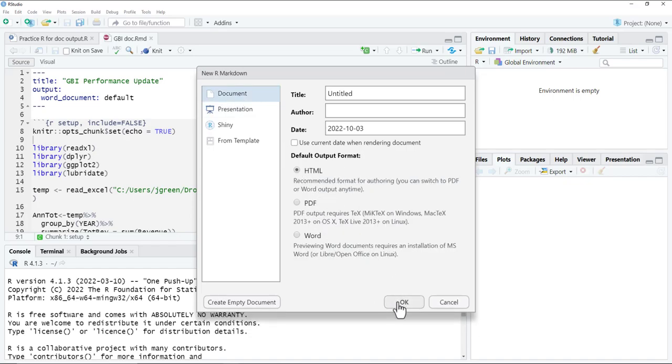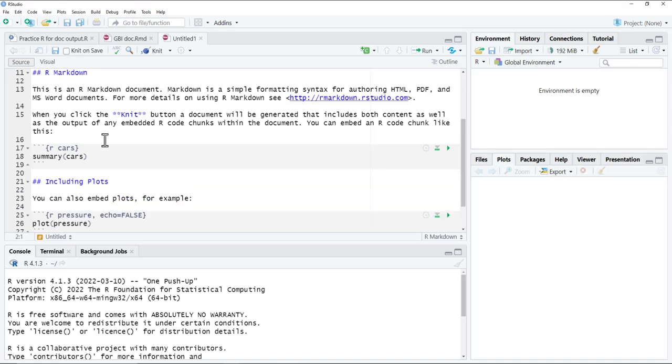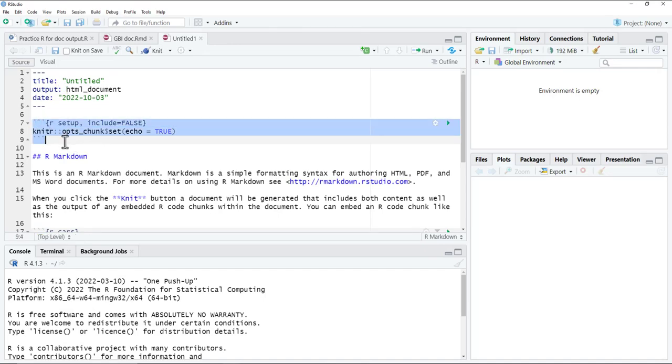So let's just do an HTML one. It outputs a template that you can then use to go through most of what you need. So it creates the title and tells it what type of document to begin with. Then it has some code here. This is what needs to be in there to initially start up the R material in the RMarkdown. And then you'll notice that anything we do in terms of R coding, like we would have put in an R script before, has to go inside these